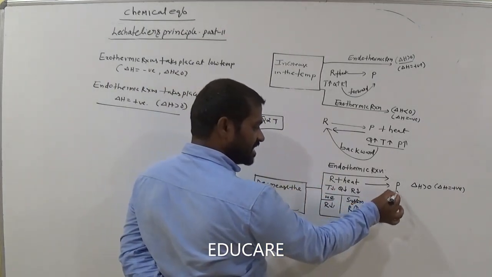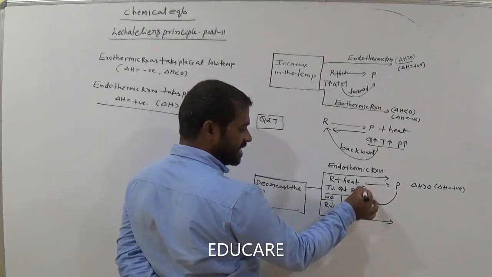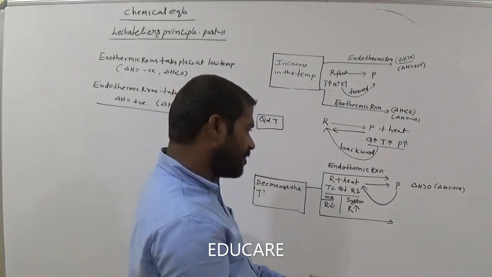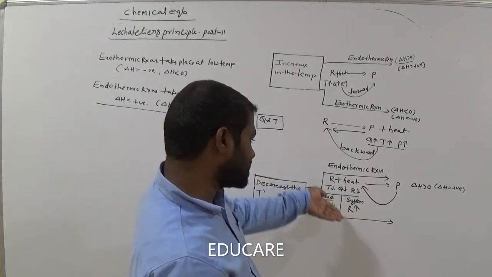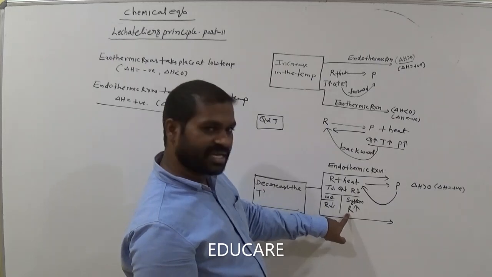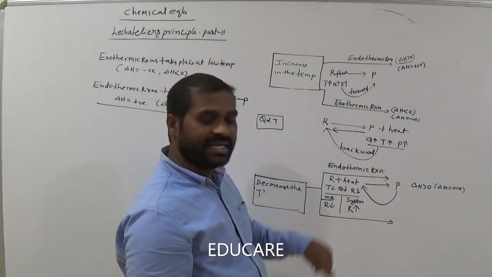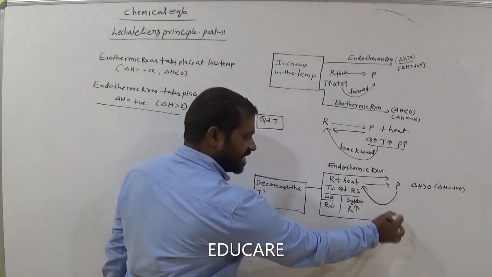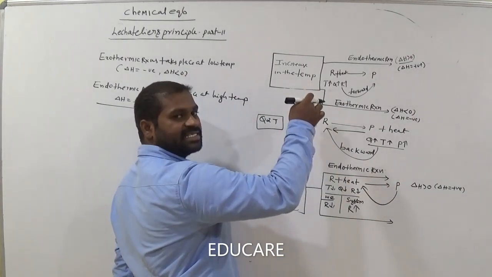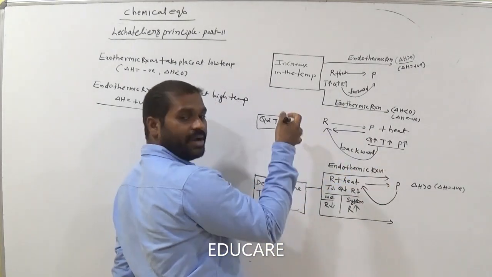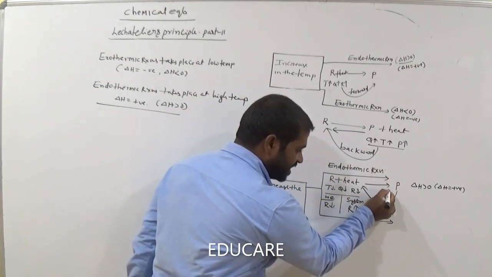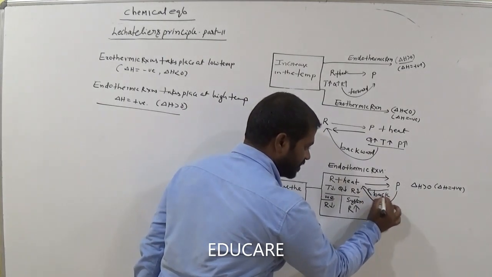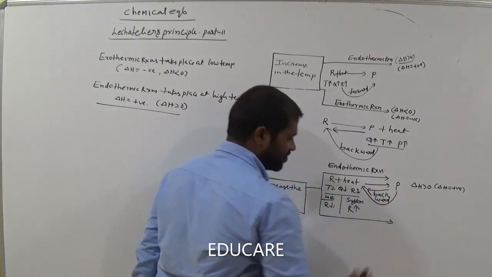So when product concentration is shifted towards reactants, that means product concentration decreases and reactants concentration increases. So now the system increases the reactants concentration. When product concentration decreases, automatically reactants concentration increases. That means the reaction moves towards the backward direction. So in which direction is it? Backward, or reverse reaction, backward direction.